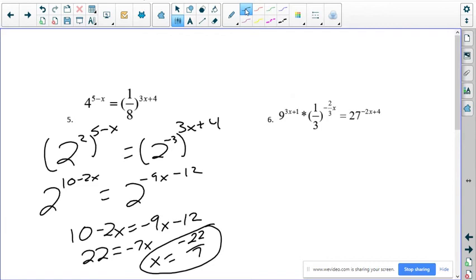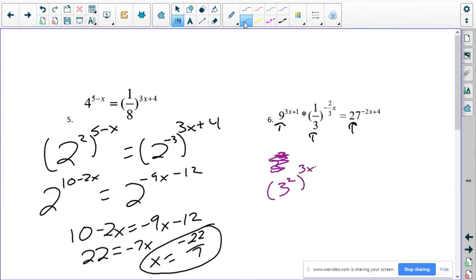Then in the sixth one, there looks like there's just a lot more going on. But still, I noticed something about each of these bases. Each of these, this is 9, 1/3, and 27. They're all powers of 3. So when we go look at those bases, we can change them to be all the same base. 3 squared is 9